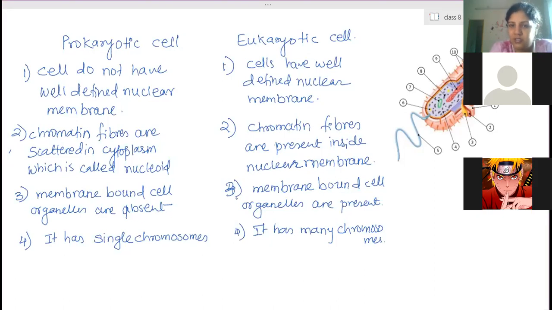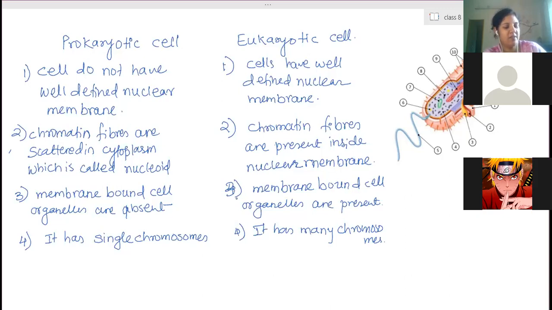All other organisms other than bacteria have eukaryotic cells. Our body has eukaryotic cells. We don't have prokaryotic cells. Prokaryotic is a very basic structure of the cell. Only bacteria have that. We call them Monerans and have grouped them separately; that group is called Monera. All others are eukaryotic, and prokaryotic cells are only unicellular. Unicellular organisms have prokaryotic cells.